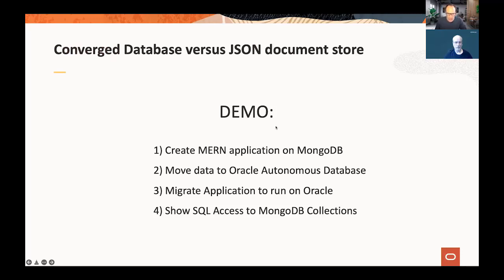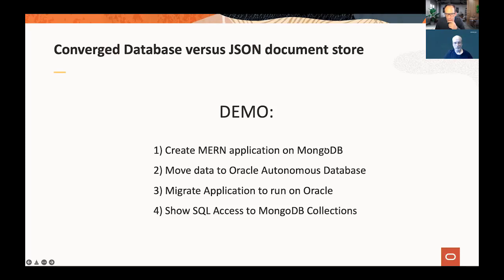The demo that I will show, there is a second demo that Roger will be showing in a couple of minutes. So my demo is basically an application, and we took a sample application that we found on GitHub. So we did not create our own application, to make sure that we only show what we can. We took a sample application from the MERN stack. And MERN means MongoDB, Express, React, and Node. So it's a JavaScript